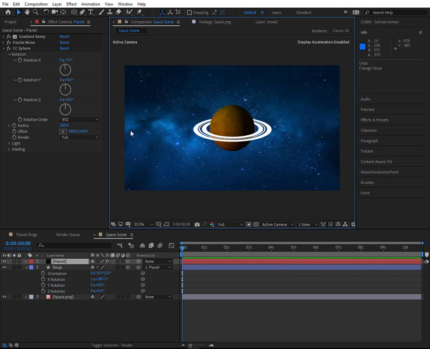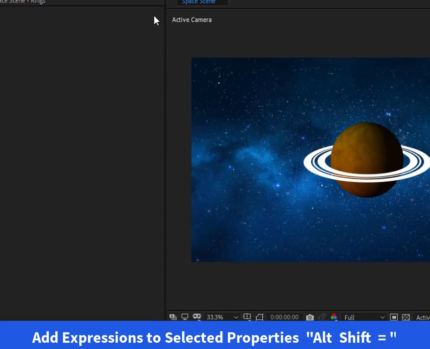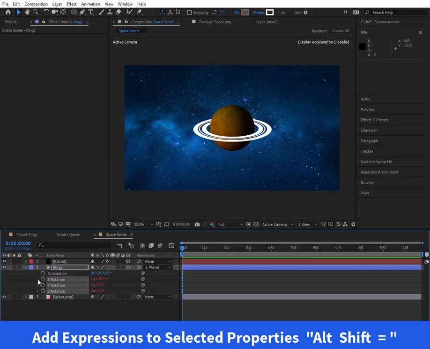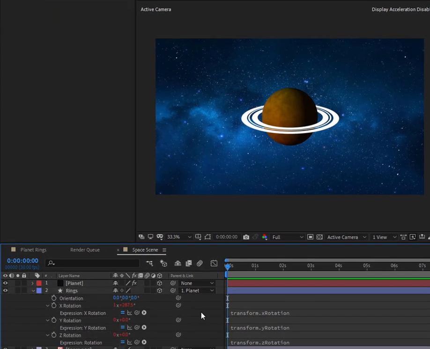And if I change the rotation, I want the rotation of the ring to follow the planet rotation. So I need to add an expression which will be linked to this planet property. So select these rotation values X, Y and Z, go to Animation, Add Expression, and just collapse the expression editor and click anywhere in this layer panel and select the planet